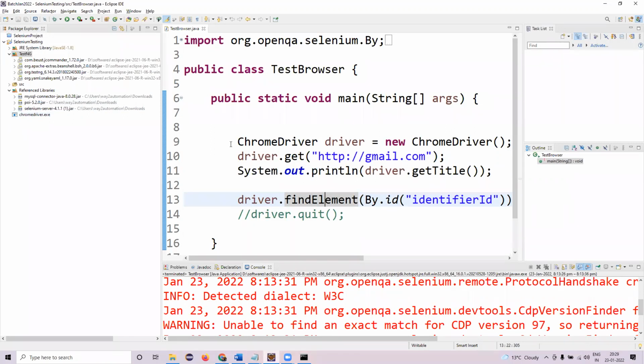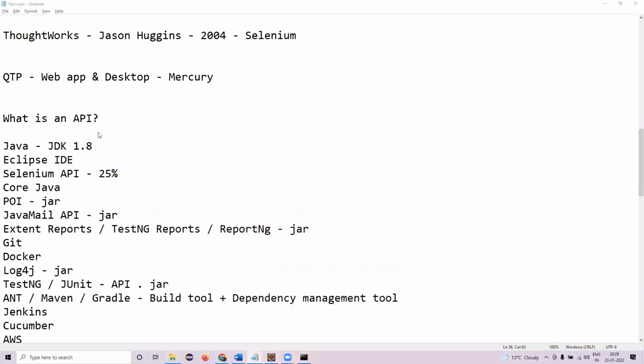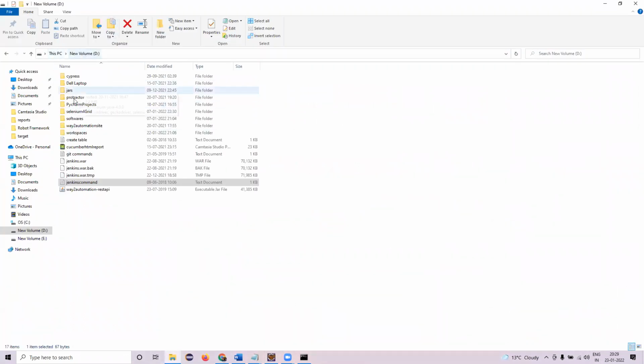But in real time, when I'm using some external tool like Jenkins to execute it, Jenkins is not launching Eclipse and clicking on the run button, right? So Jenkins is calling something else, which is building the project. That building task is actually done by Maven. So even if I'm not on Eclipse, if I go over here, to my project,